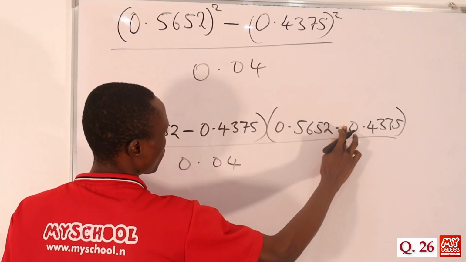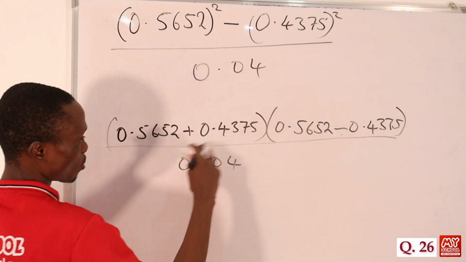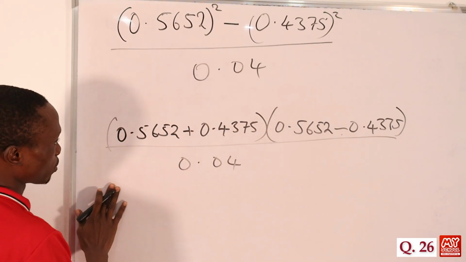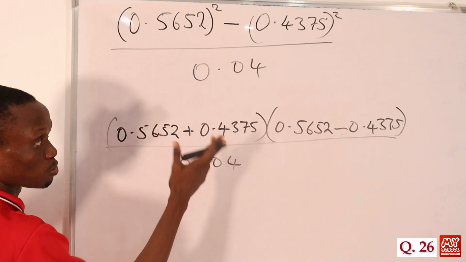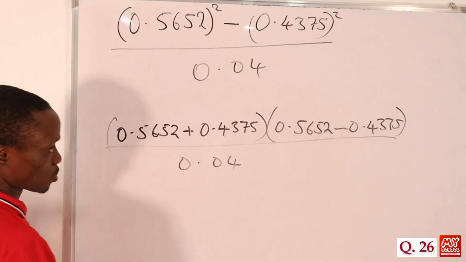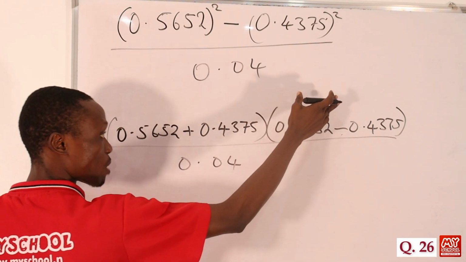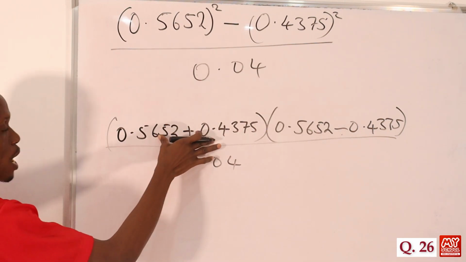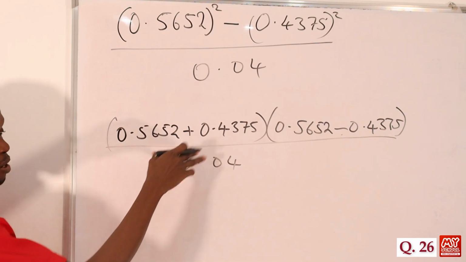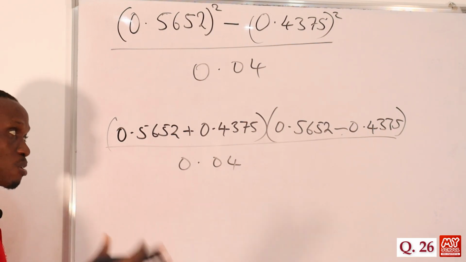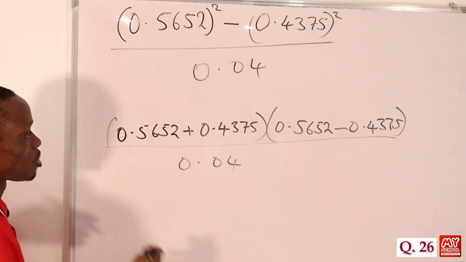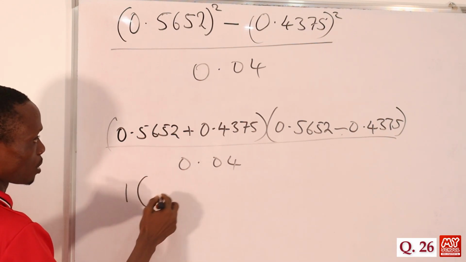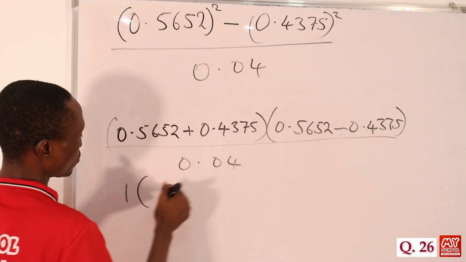0.04. Let's use the first part as plus and let's use the second part as minus. It doesn't really matter actually. I just want the first bracket to be the plus, while the second bracket the minus. It doesn't matter whether it is the first bracket that is carrying the minus or the other one. So if we add what we have in the first bracket, we are going to be having something like 1.00, maybe 23. So in that case we just take 1. Then if we subtract here, we are going to be having